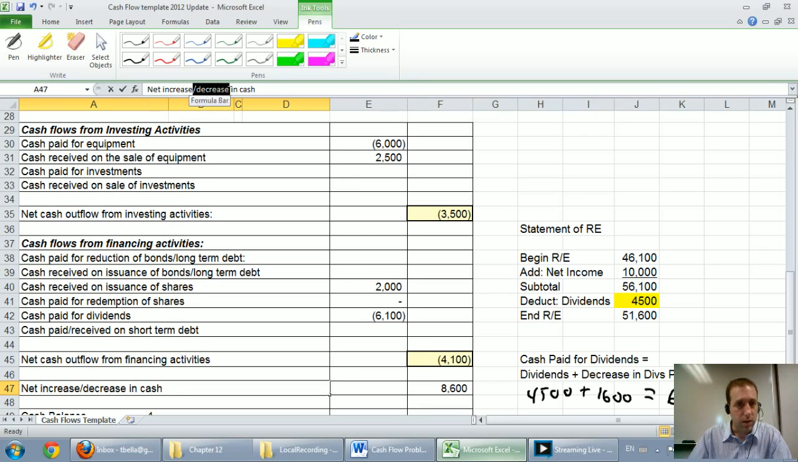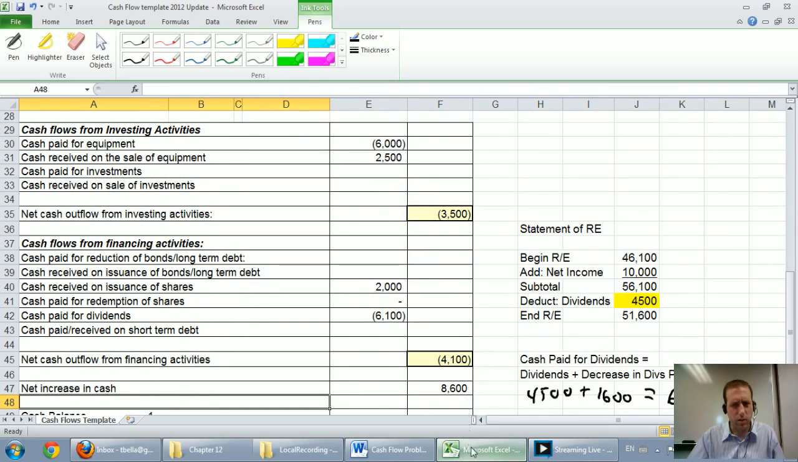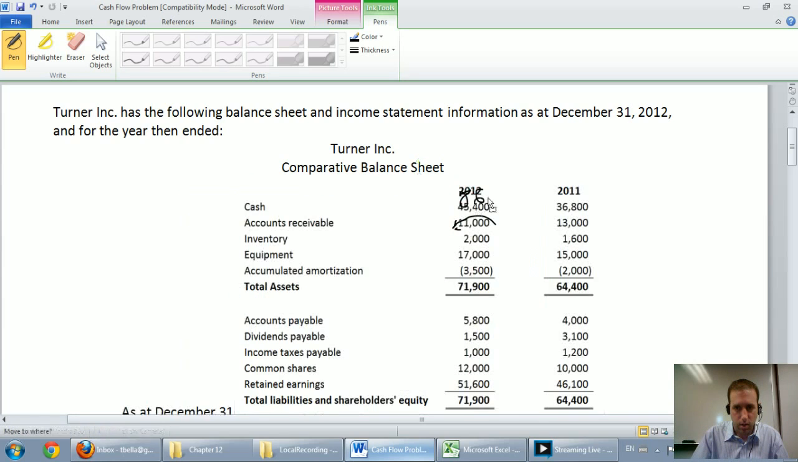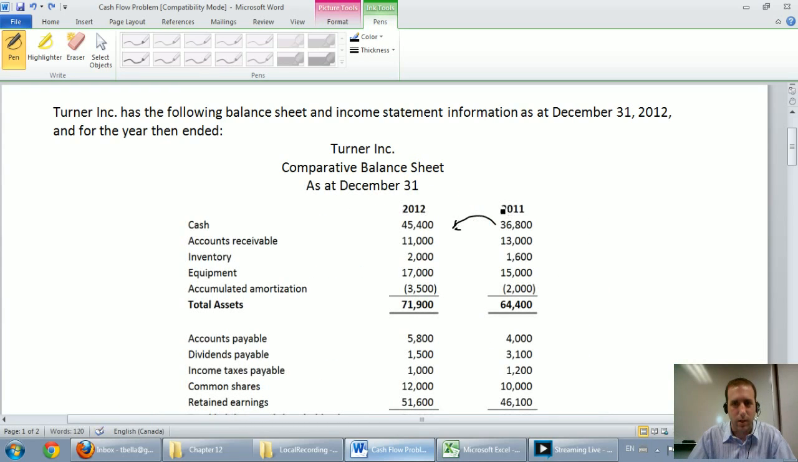Now there's a very easy way to check this. This is why I love accounting. You can double check a lot of your work. How will I know if cash went up by $8,600? I did all this work to figure that out. Did cash really go up by $8,600? Let's look on the balance sheet. Cash last year was 36,800. Cash this year, 45,400. That looks to me like an $8,600 increase. Anyway, you can see that that's an $8,600